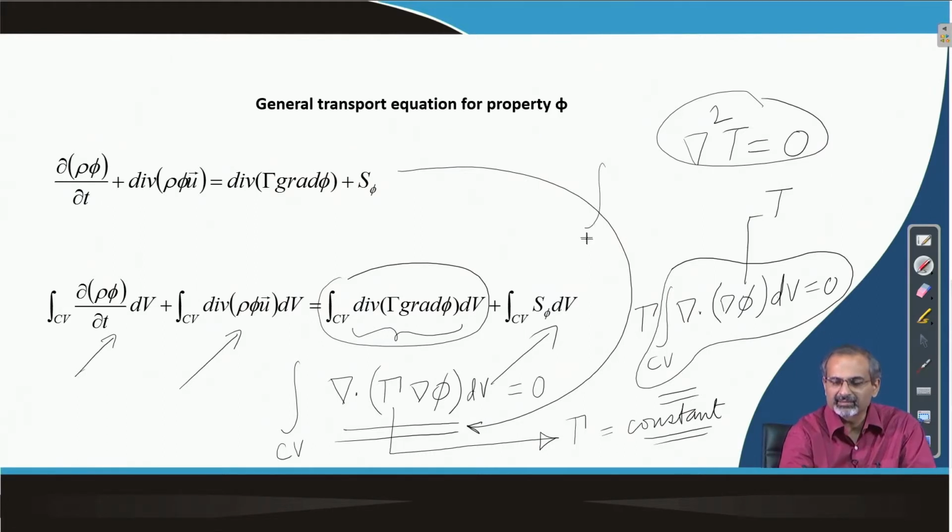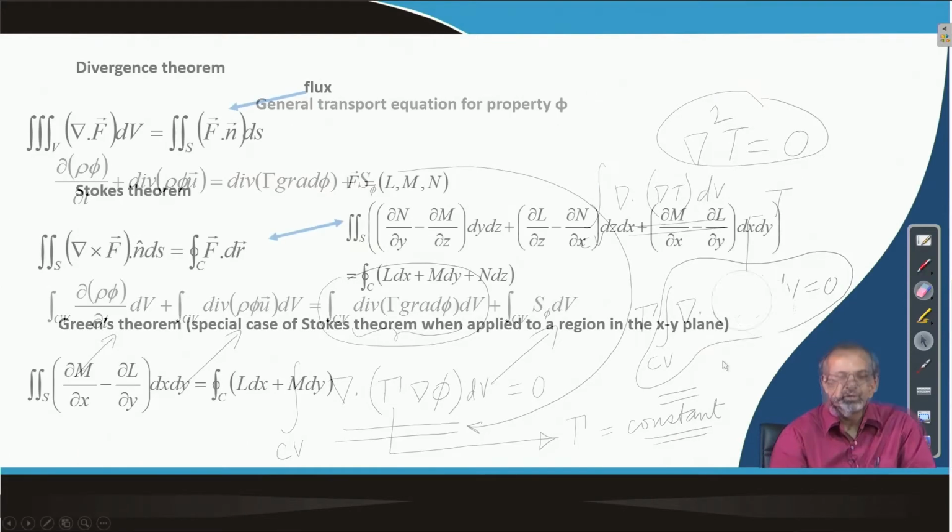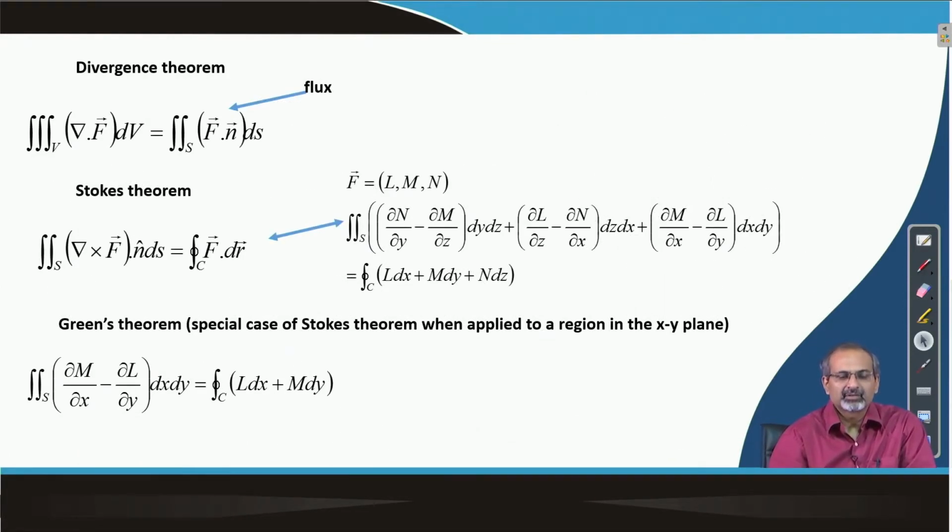You are writing it as an integral of divergence grad T. So, that is how you are putting it, and you would like to retain it that way, because one of the important vector calculus identities will help us take a very comfortable route using this form of the equation. We do a quick recap of some of the important equations which might be required